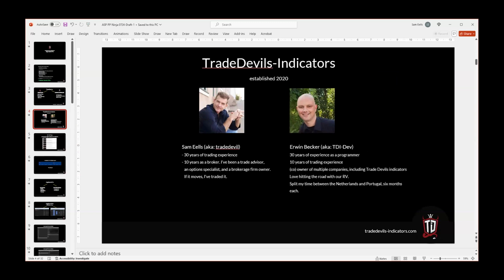Fortunately, one of the values of having a partner is that Erwin was able to step in, because he's the brainchild behind this true masterpiece of a product. So he was able to quickly put something together for us. So we saved the day. And I can tell you that over my long professional career, connecting with Erwin has been one of the more fortuitous things that's happened to me.